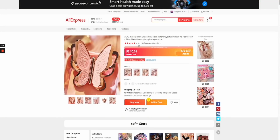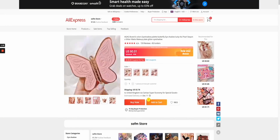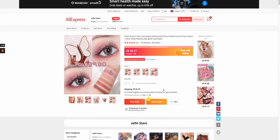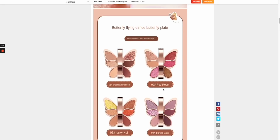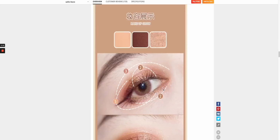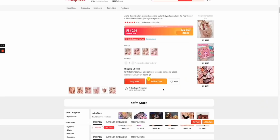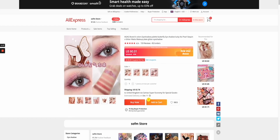Now, the reason why I've chosen this product is because beauty during this time of the year does really well, because people buy it as gifts for their daughters, their best friends, their girlfriends, and this is a unique product because it's shaped as a butterfly and it's got 6 different color eyeshadows in the palette. So this is a piece of makeup that you can't just go out on the street and buy, and during Christmas people want to be buying gifts that are more unique than common,